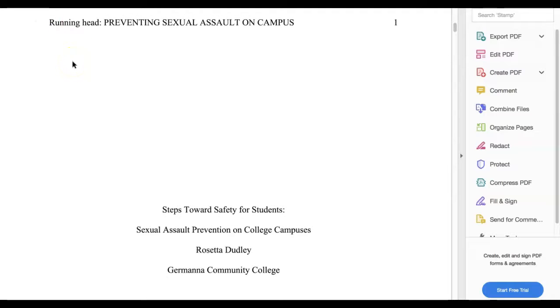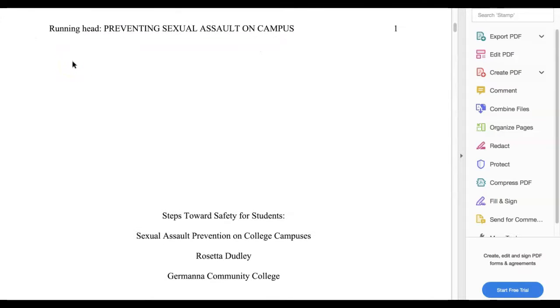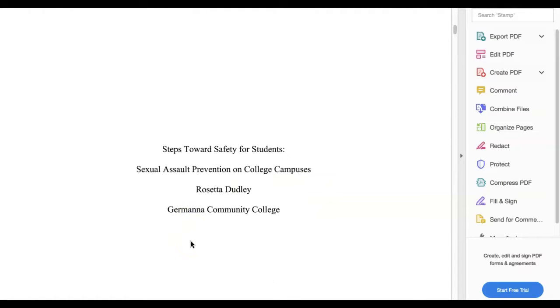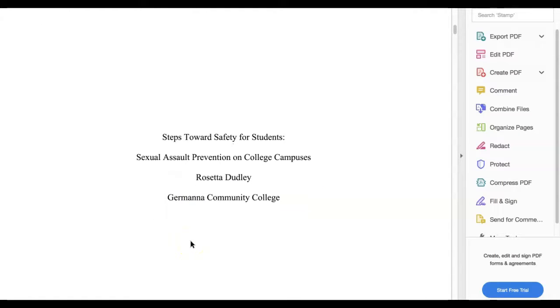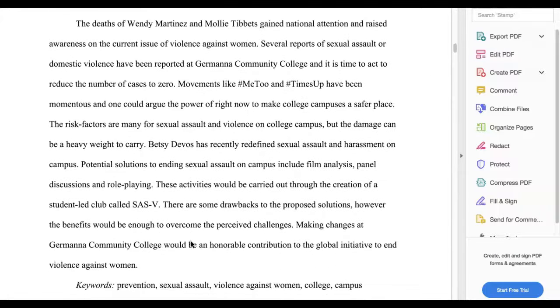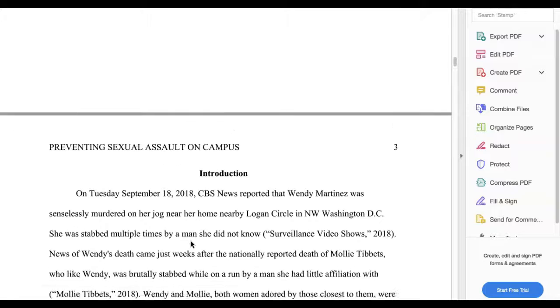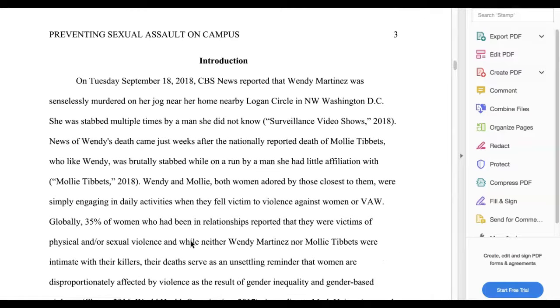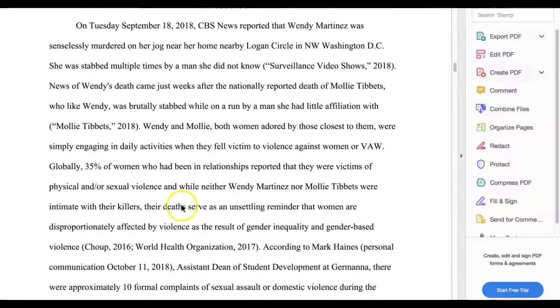So if you notice, I have my title page with all of the information that I need, and this is all about sexual assault prevention on college campuses. I have my abstract, and then I have my introduction. And in my introduction, this student